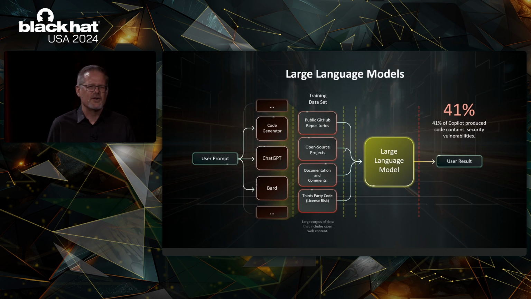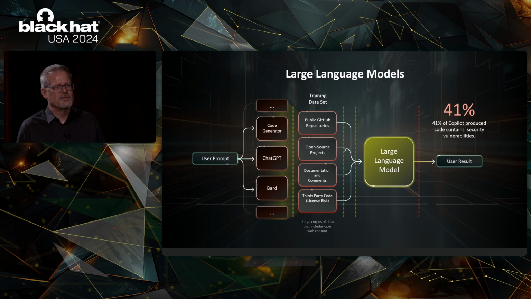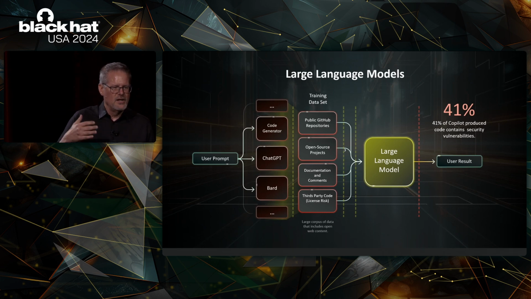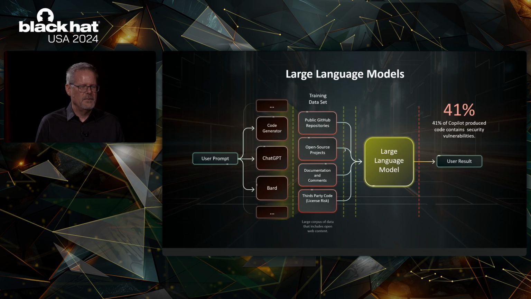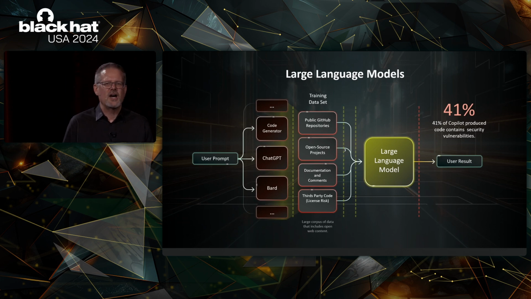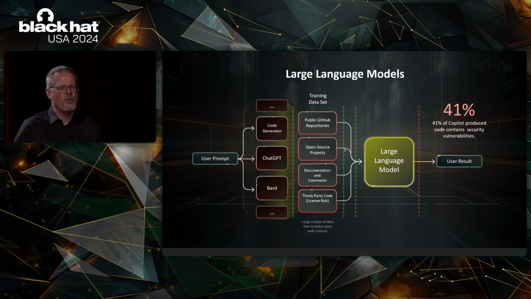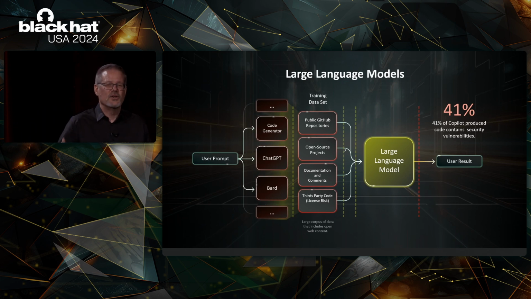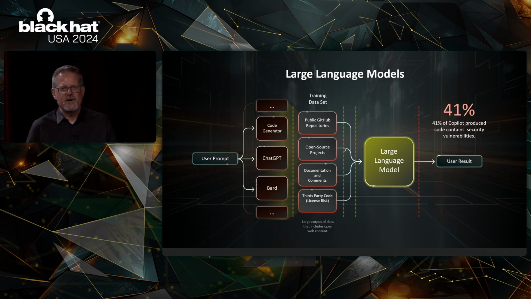And they've learned how to write code mostly by looking at open source, but also looking at documentation, looking at the different blog posts and comments, looking at things like Stack Overflow, looking at things like OWASP. So they do look at sources that have secure coding, but they look at a lot more sources, literally millions of repos, that have unknown secure coding quality. It's just unknown.